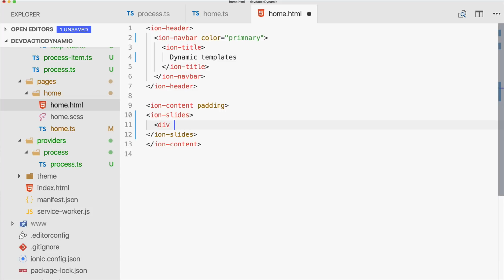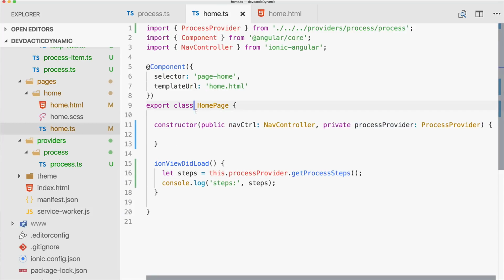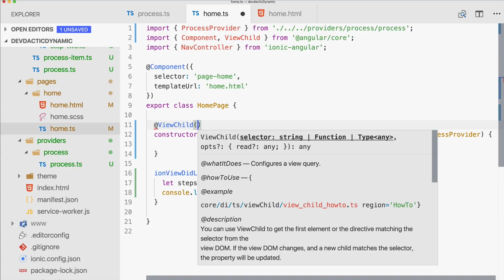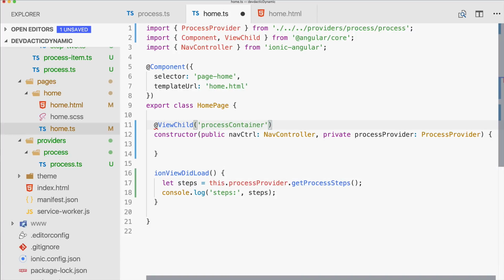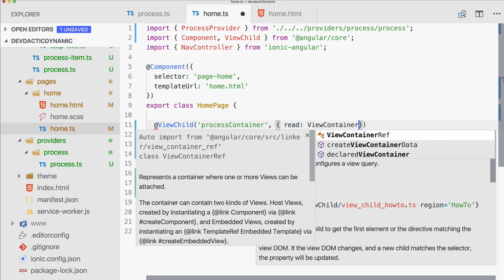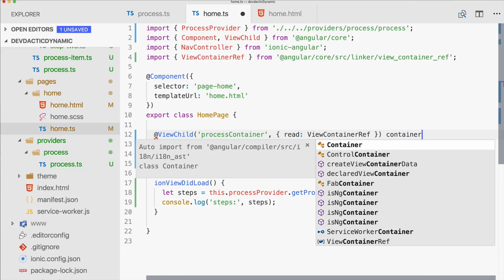So we just need a hosting element, which we will call process container. And all the slides will be rendered in this process container. So we can access it using the view child. And this is again wrong. Just import from Angular core, come on. By the name process container. And we also want to read it as ViewContainerRef. So one or more views can be attached to this container, and we need to attach our components to this